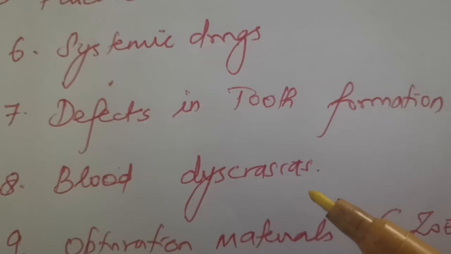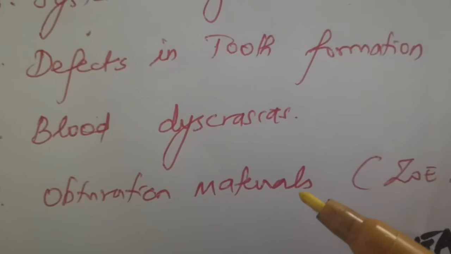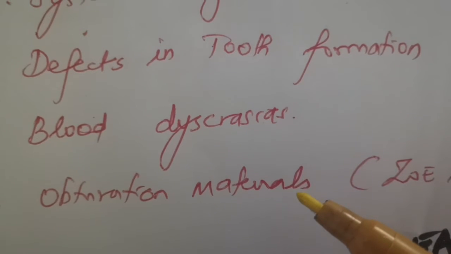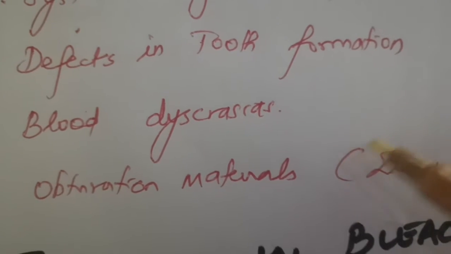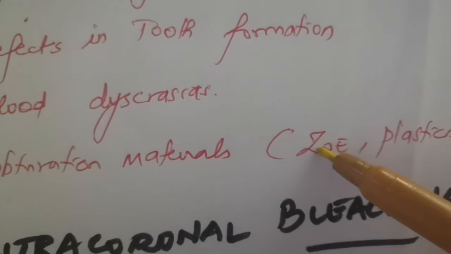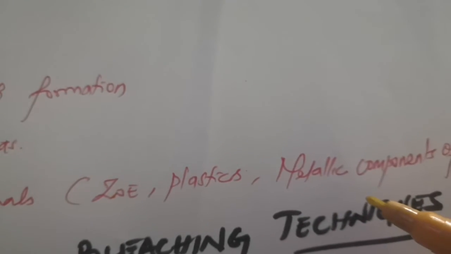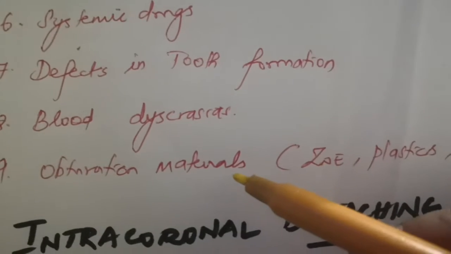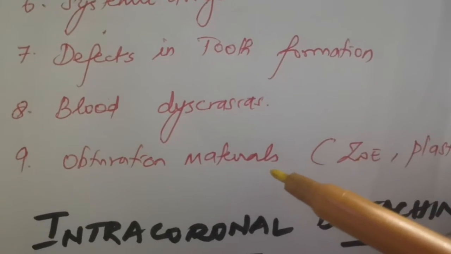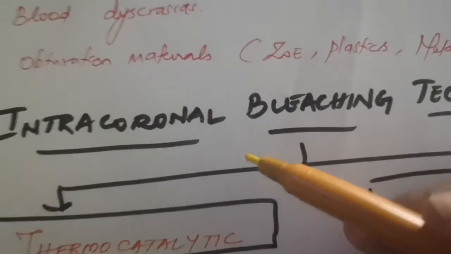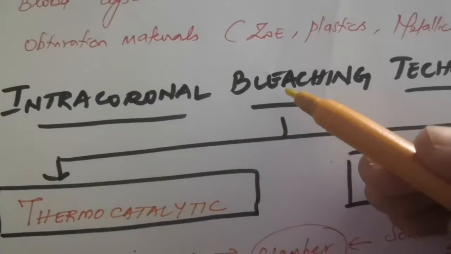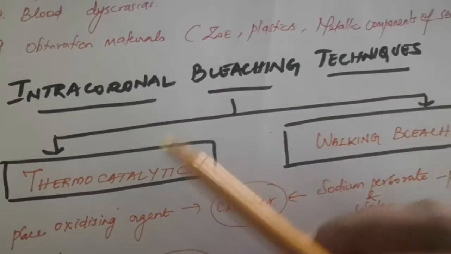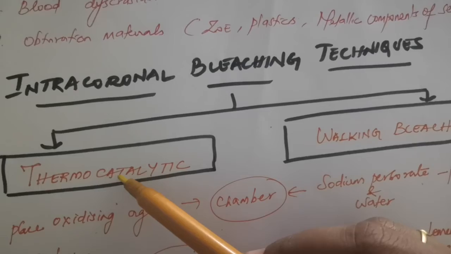And due to blood dyscrasias and any obturating material, like zinc oxide, plastics, and metallic components of the sealers, which will go inside the dentinal tubules and cause discoloration of the teeth. So coming to the bleaching, the intracoronal bleaching techniques, either thermocatalytic